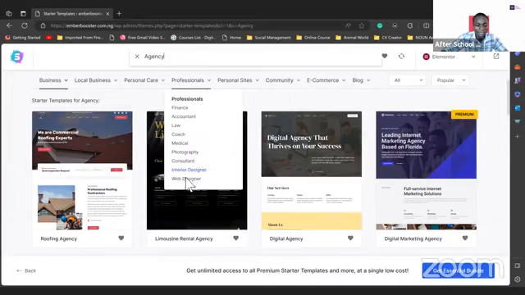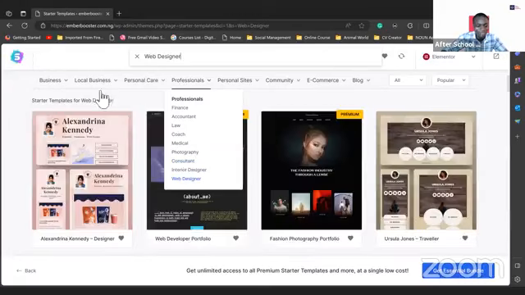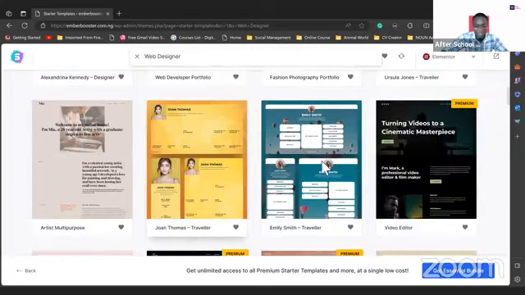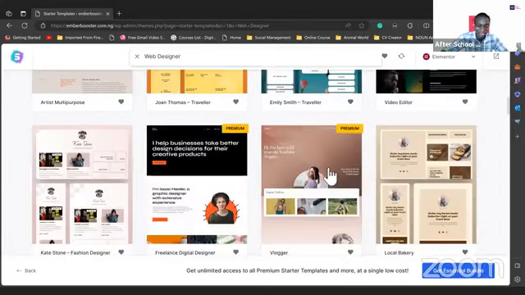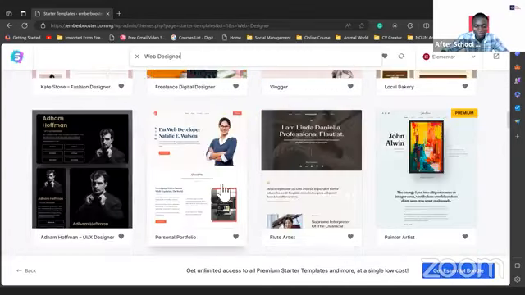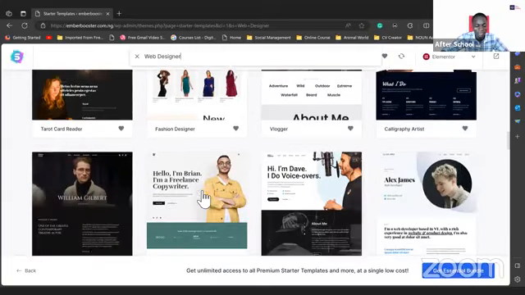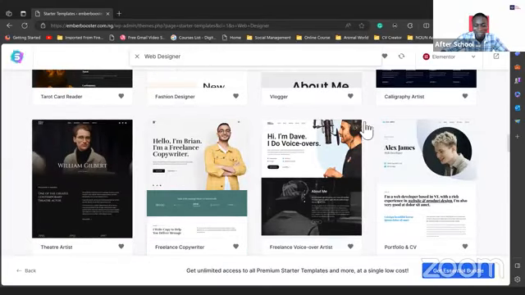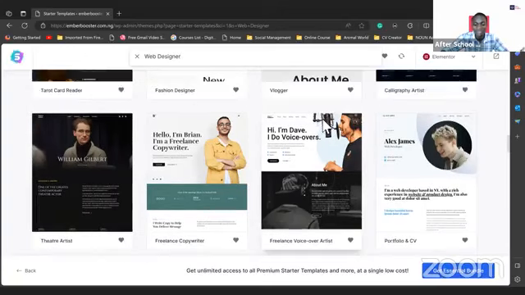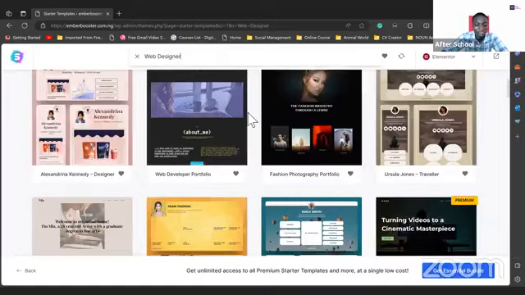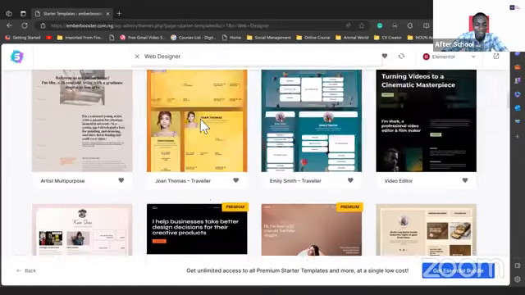Let's check this web designer. These are templates that you can use to start something as a web designer. This is a personal portfolio layout, and we have many of them like that. This is another beautiful one. I love this. I like this also. Okay, so just make your choice, and after doing that, as soon as you click on any of the options,